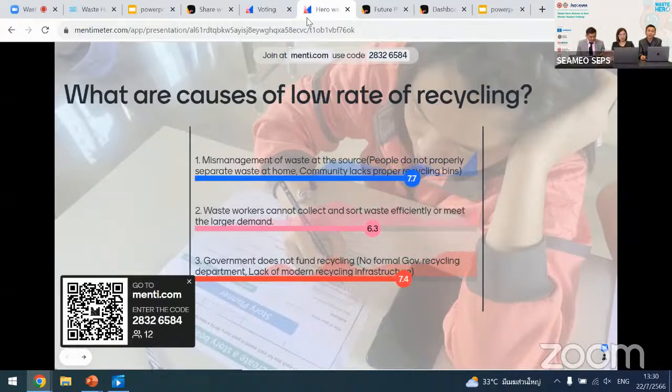What are the causes of the low recycling rate? We got 3 causes for you. Item 1 is the highest one right now, followed by number 3 and number 2.